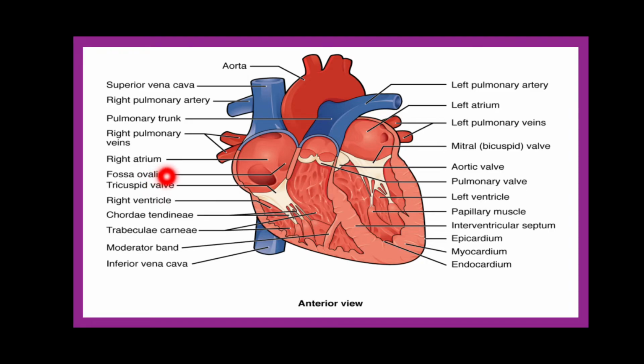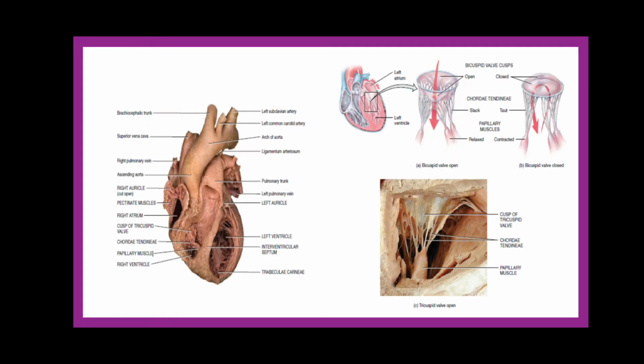Then we will talk about the next feature, which is right ventricle. So as we have seen earlier also, the tricuspid valves are present, okay, but how they will maintain the unidirectional flow, this we will see now, okay. If you look into the structure of this tricuspid valve, since these have 3 cusps, that is the reason this is known as tricuspid valve, okay.